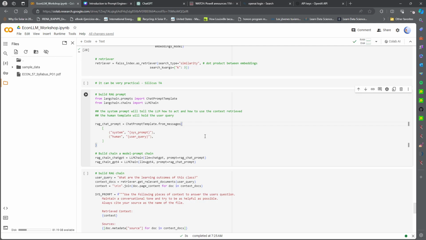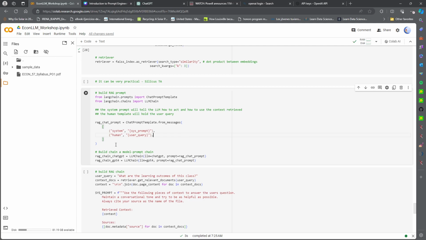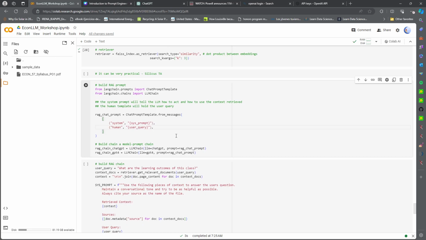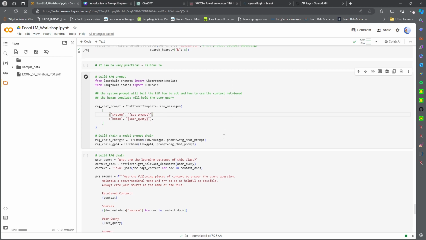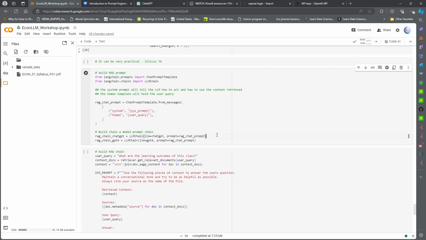LangChain abstracts the need for carefully constructing your prompts because it allows you to just build templates from them. And this is how it looks. You build a template for messages, you pass in the list of tuples, just like we were doing before, but now you're using this same f-string formatting syntax without the f, because this is what LangChain is going to do in the background. It's just going to apply the f-string formatting to this template of string that you pass in. We're going to build a chain using the model,